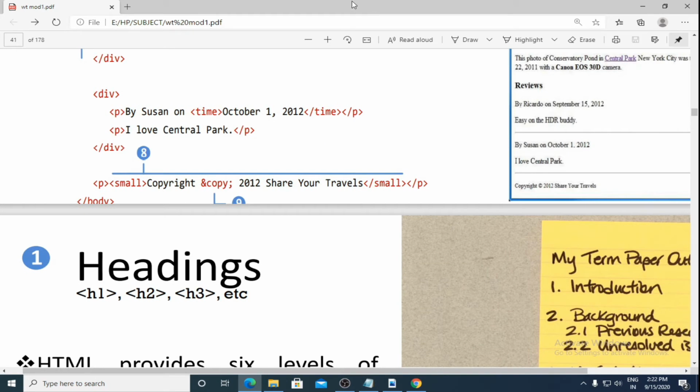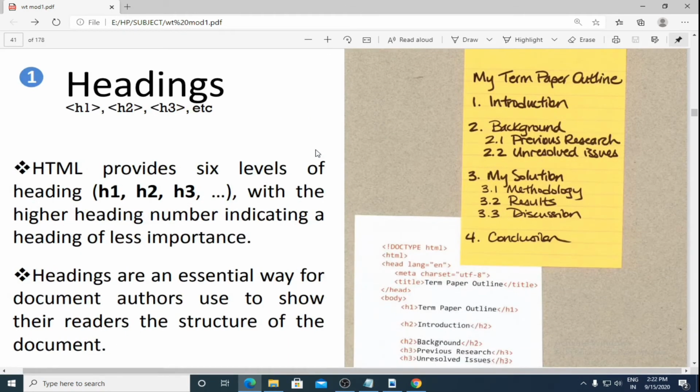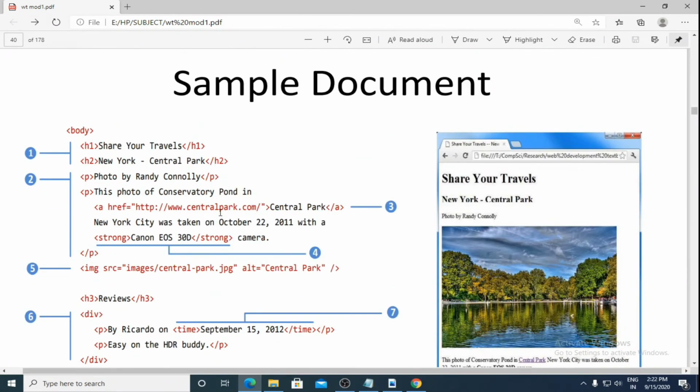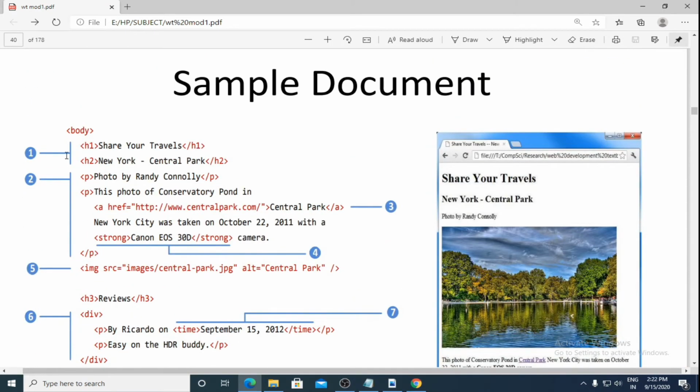Okay, so now we'll discuss every part of the elements of that particular document. Here you can also see the numbers 1, 2, 3, 4 which they have given, and they have explained all those elements. The first element, one, is going to discuss the headings.